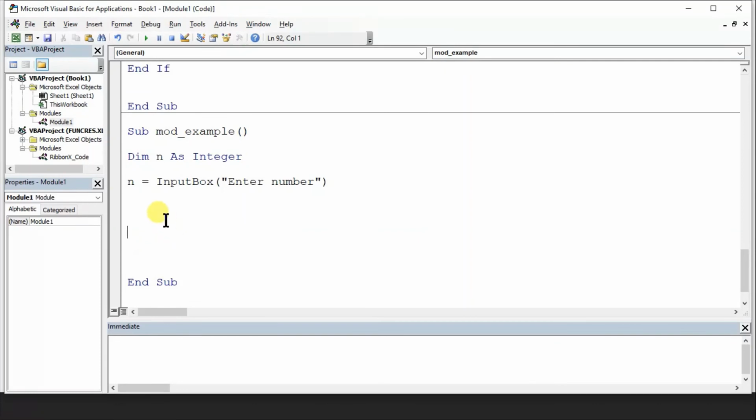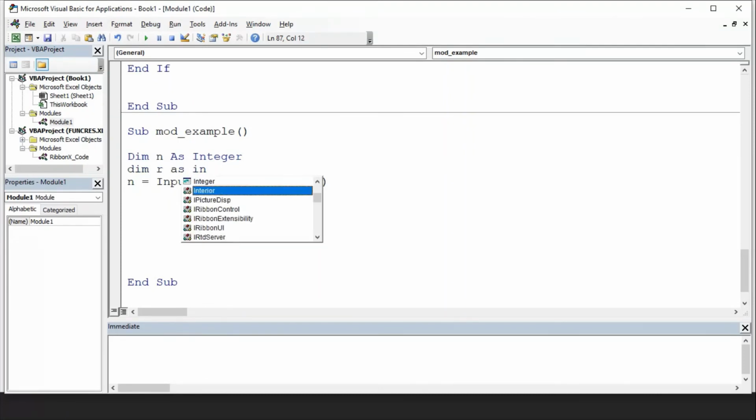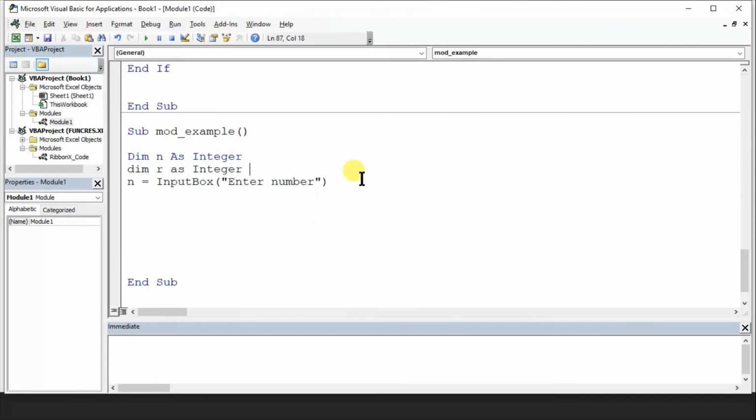Now what I need to do is check the value. Let's take another variable, Dim r As Integer, and this is r, which is the remainder. So I say r equals n mod 2.